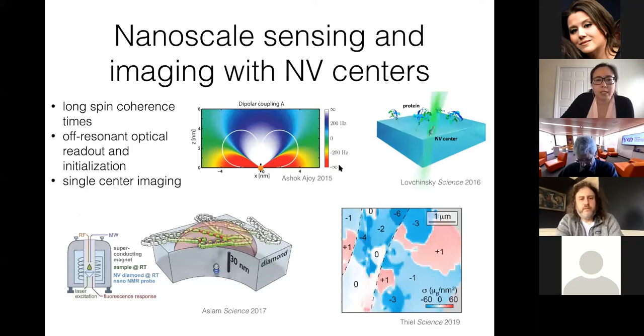For nanoscale sensing, the properties that we care about the most are that you have these very long spin coherence times, which allows you to get very, very sensitive measurements of the local magnetic field. And of course, this off-resonant optical readout and initialization is really important for room temperature and ambient condition sensing. And importantly, if you combine all of these characteristics with the fact that we can do single center imaging